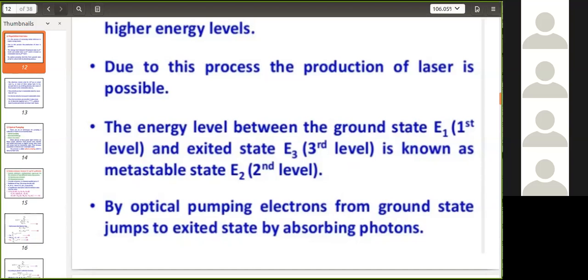And as a result, मेटास्टेबल स्टेट में धीरे धीरे नंबर ऑफ पार्टिकल्स बढ़ता जाता है. And finally after a certain time we get the population inversion at the metastable state with respect to the ground